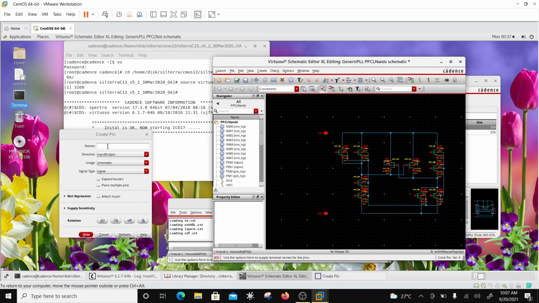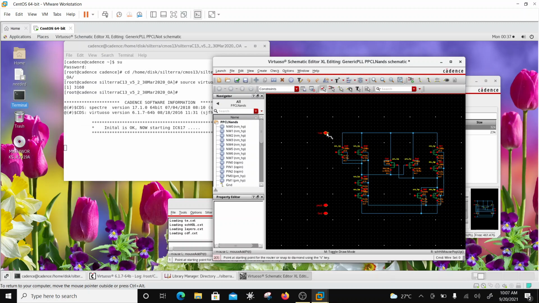And then I have got P sub. That's a P sub. So now these power rails are done. Okay. Right. Now the question is A